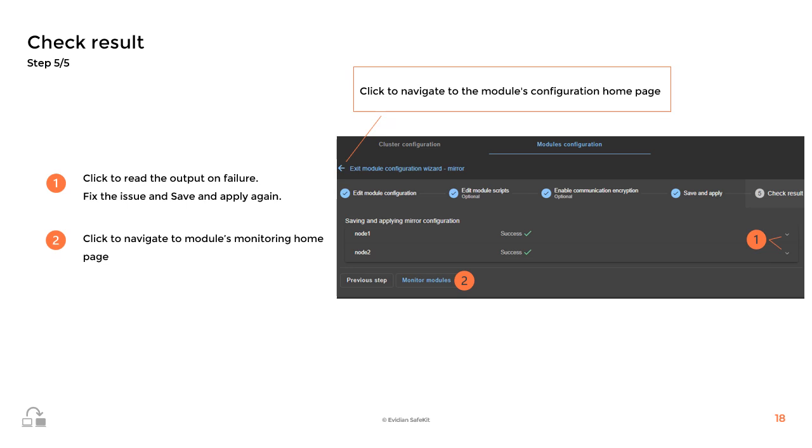If you encounter a configuration failure indicated by a red cross icon on a node, click on the accordion of the node. This will display the output messages of the configuration command, allowing you to search for any errors. After identifying the error, return to the previous steps to correct it, and then repeat the save operation.